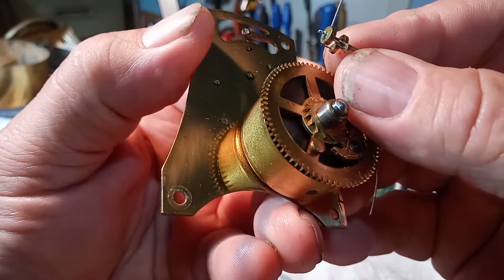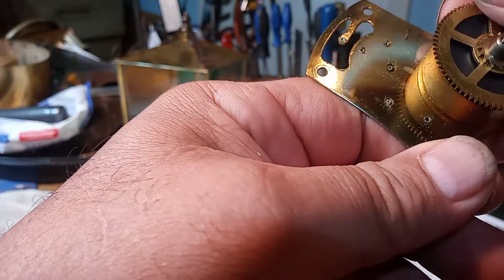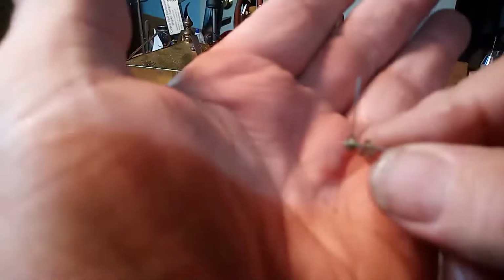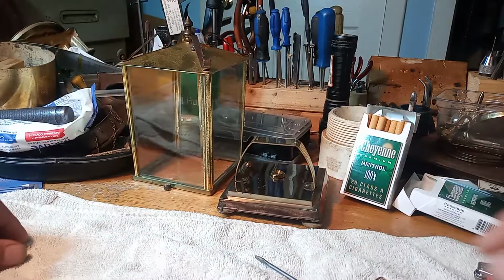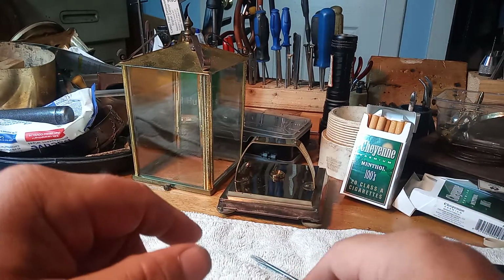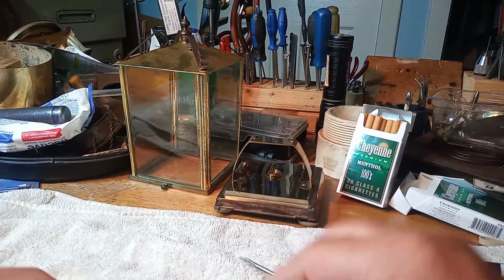Lot of gummed up, dried up oil. And then you have some oil on the plates, but this stuff is dried up oil, and that's why this was not moving freely. So I'm gonna put this in my cleaner, but before I do, I'm going to take toothpicks to every one of these holes,